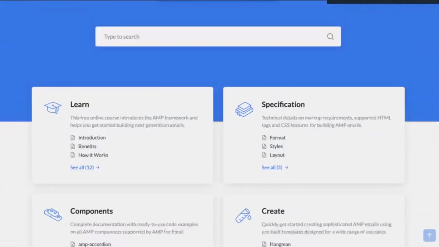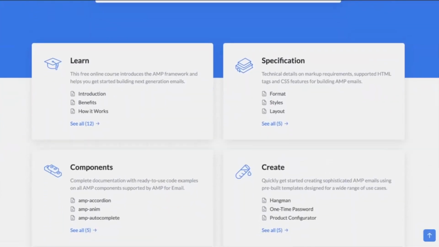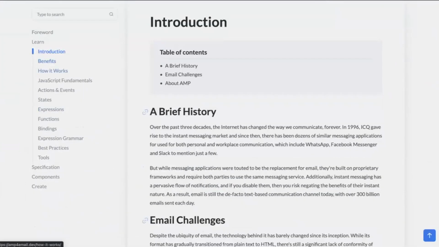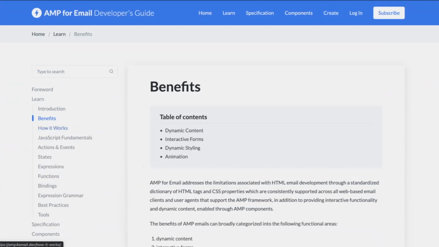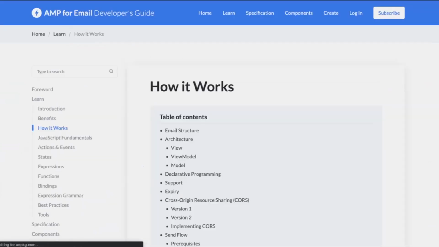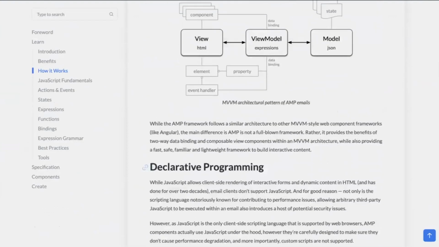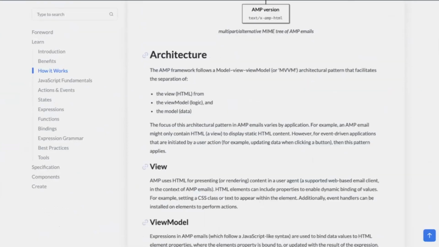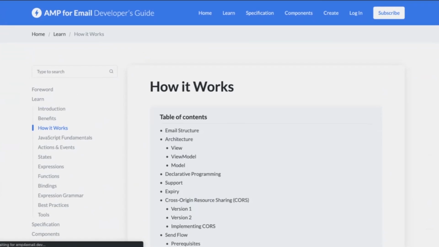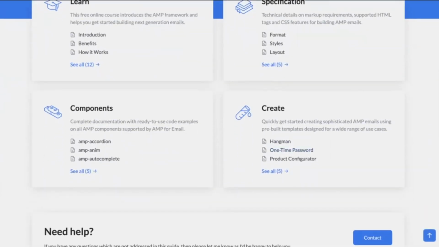Let's just see whether it's going to come up for me. What's happening here? So here it is. I've got 4 sections in my book. We've got Learn, where you can learn the framework and benefits, which I actually covered today, and how it works in detail. This is really for developers and understanding the whole model. But also, if we go back, you see Create. I have included Hangman as an example there. So that will be publicly available shortly.